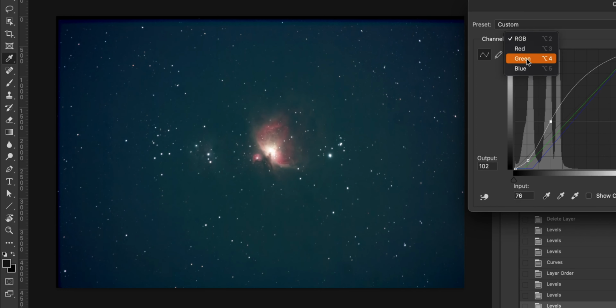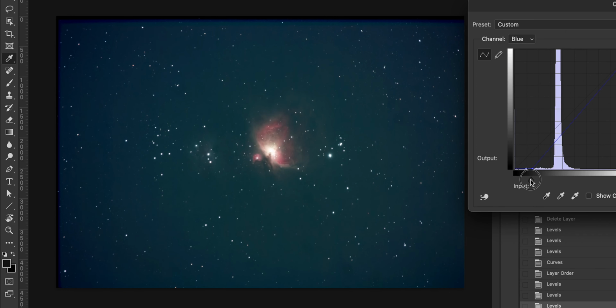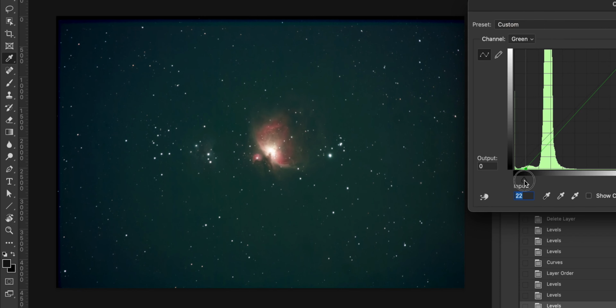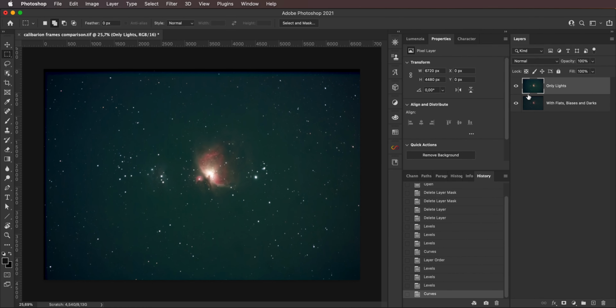Maybe then I'm gonna go back to the blues, then kill the blues a little bit more. And at this point you should start seeing some problems. So I'm gonna go to green again and kill a little bit more green. Yeah, something like this. I'm gonna hit OK,